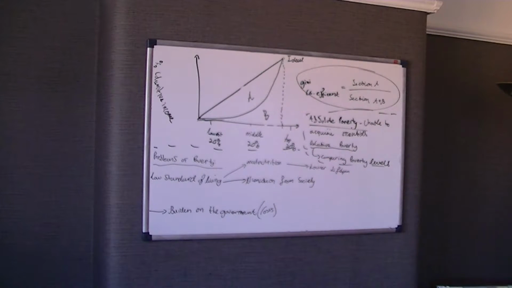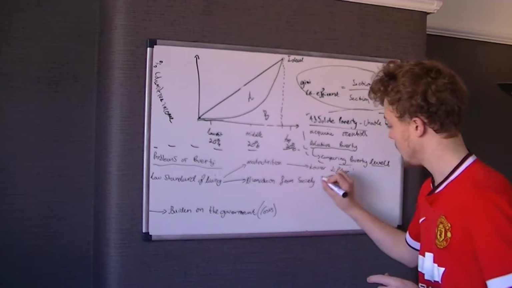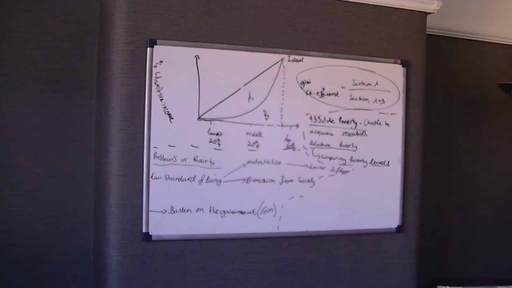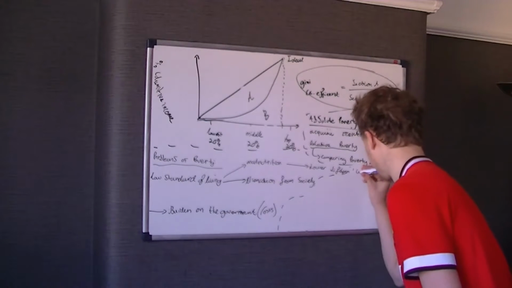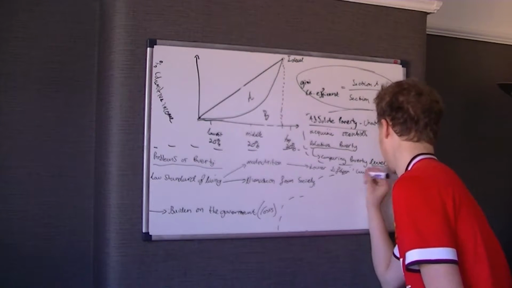Okay, so those are the problems of poverty. Now we need to look at the causes. What actually causes someone to be in poverty? Now, as I said, we're assuming this is absolute poverty. Well, there's quite a lot that could cause someone to be in poverty. I'm just going to go through them the way I've listed them on my sheet. The first ones may not necessarily be so obvious. I'm sure you could think of a few straight away, but don't worry,